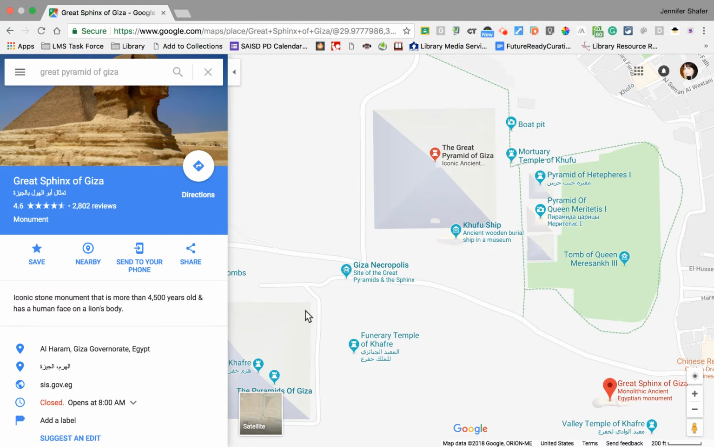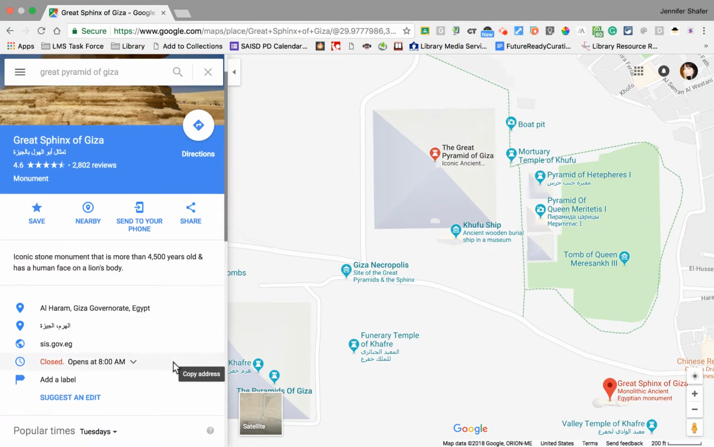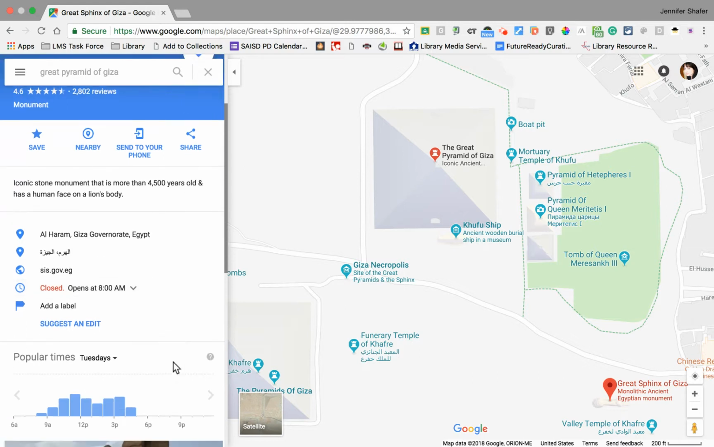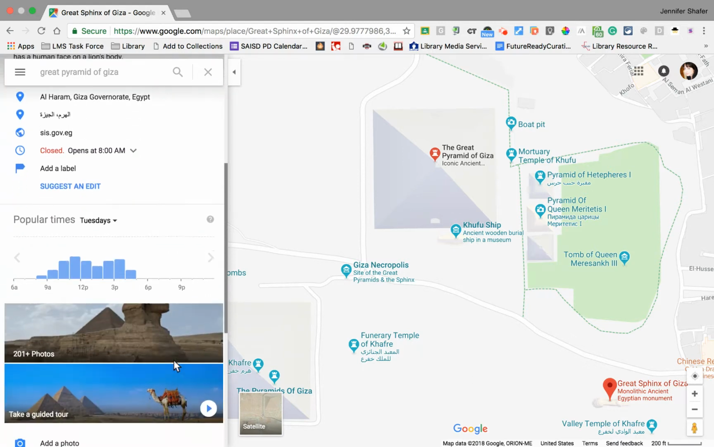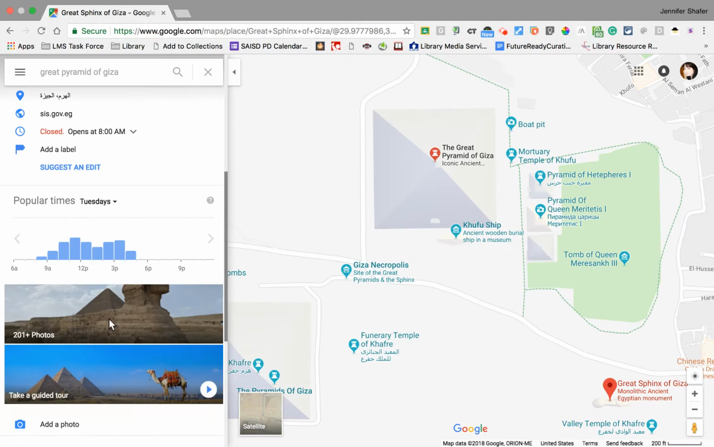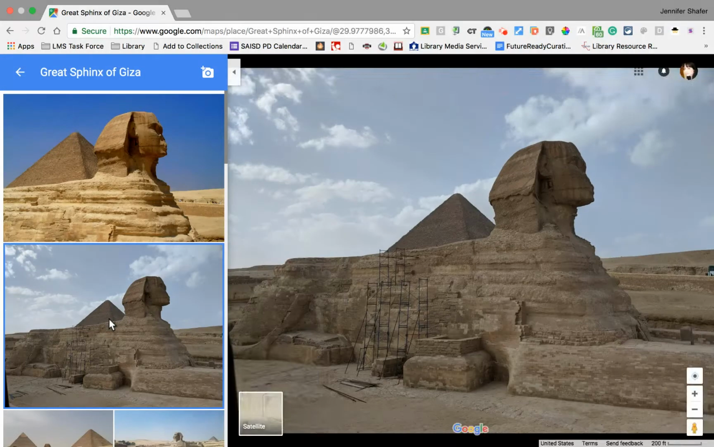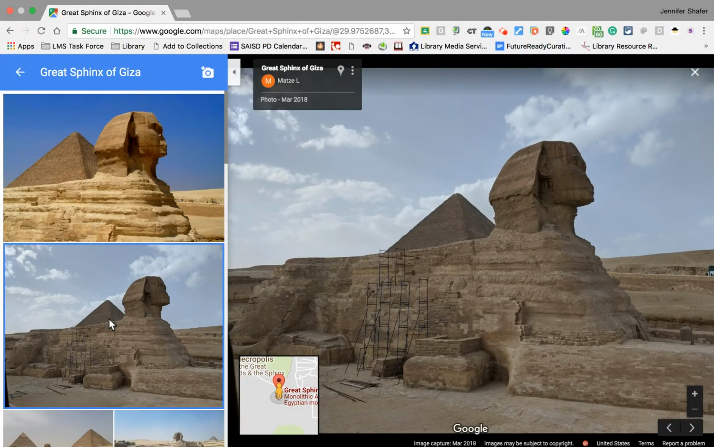to now the information is about the Great Sphinx of Giza. And in this panel of information, I can scroll down and find out if I wanted to visit some information. But I also come to this where it says Photos. So if I click 201 plus photos, this is an opportunity for me to explore while looking at pictures with